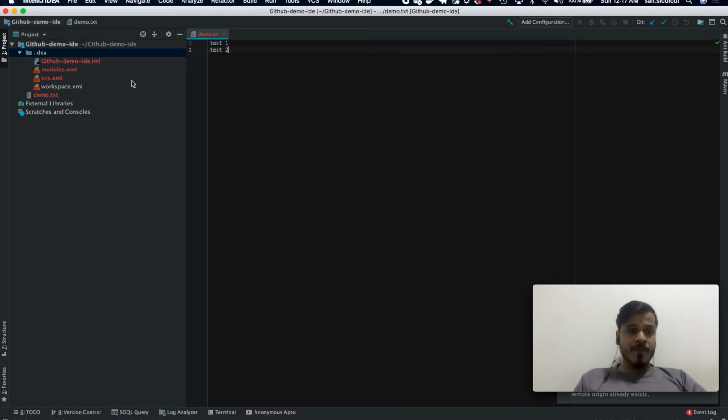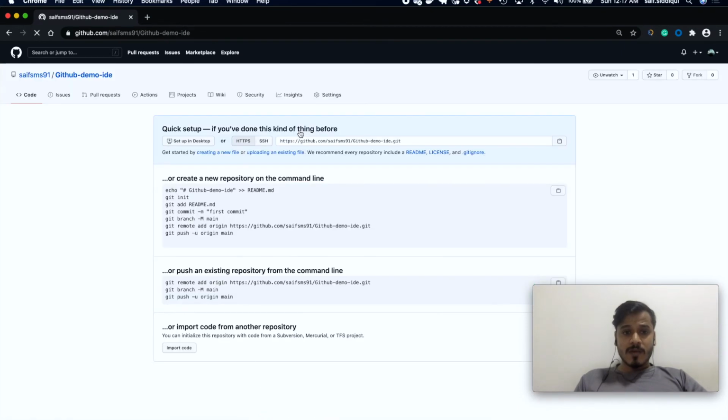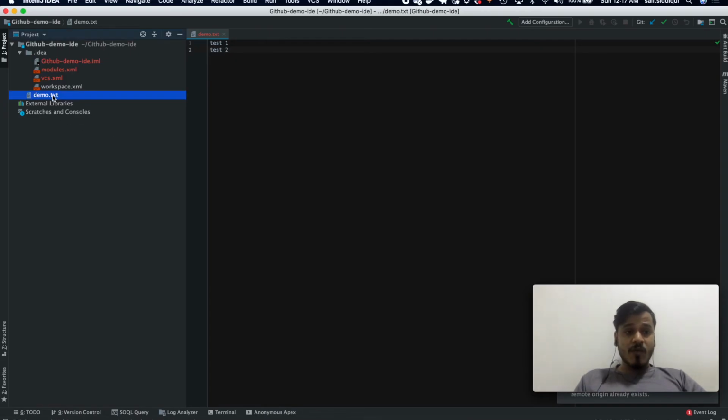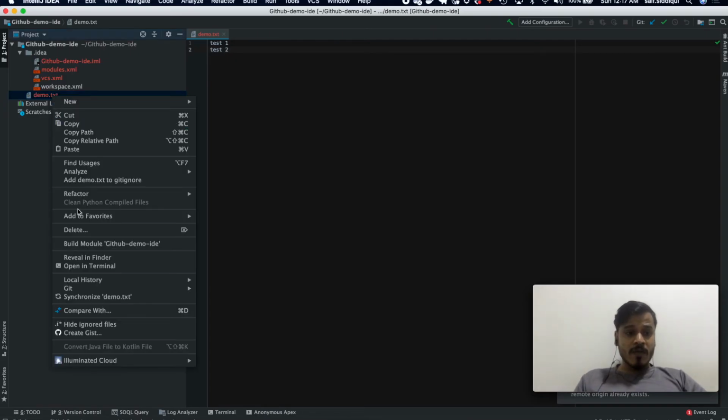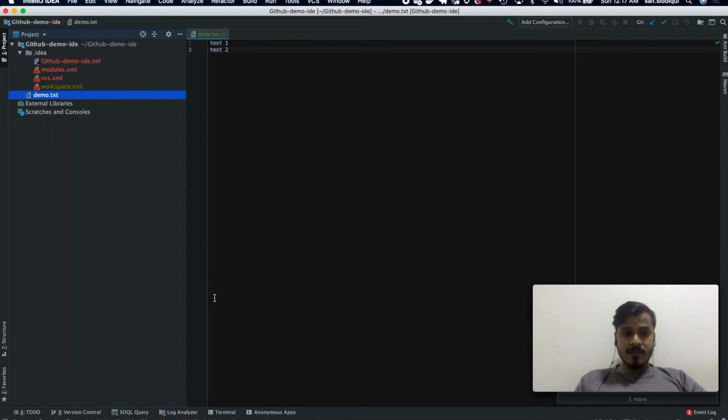And now I can start doing whatever I want. Now if I want to push this file to my Git repository, currently there is no file in this repository, but I will go here and I will go to git, and then I will say git add.